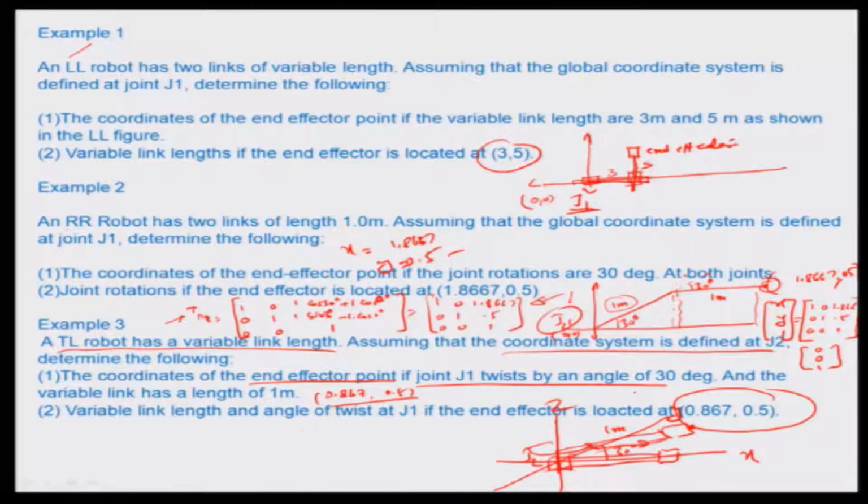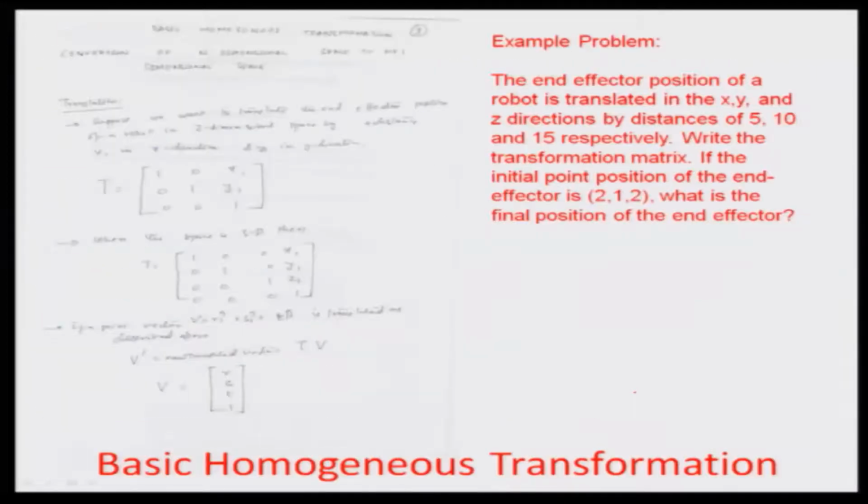So, that is how you can attempt these problems by looking at the transformation matrices. A little complexity is added by putting in a third dimension. So, here for example, you want to translate the end effector position of a robot in 2-dimensional space. Obviously this is a sort of translation matrix that you are looking at, particularly in a linear system. But when the space is a 3D space, then obviously you will have to add a dummy variable, and this